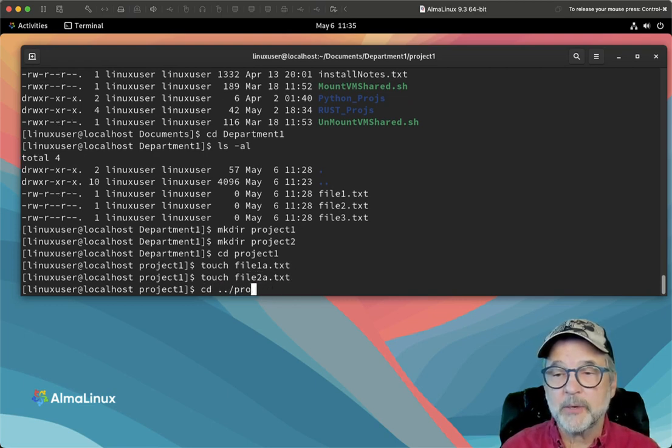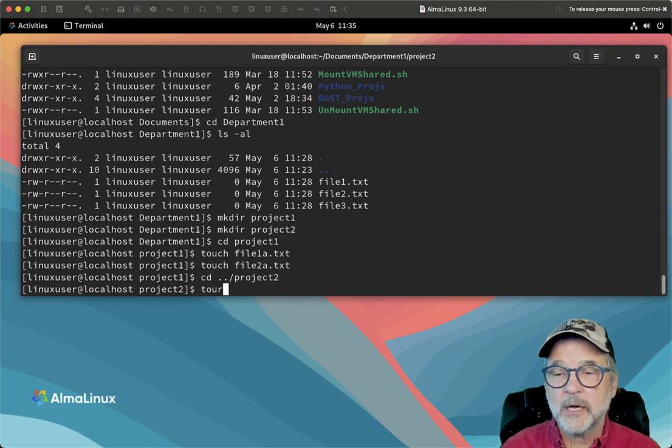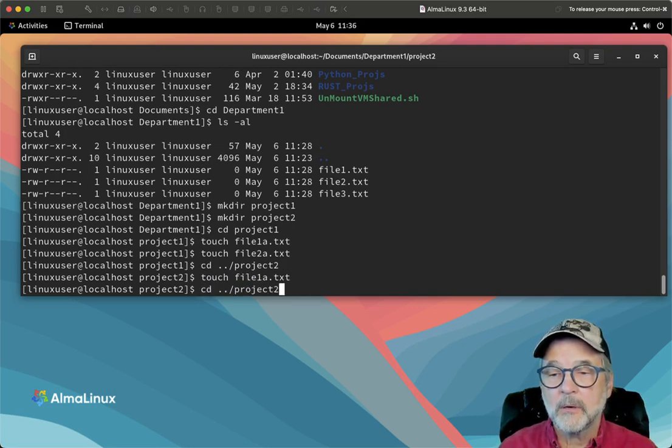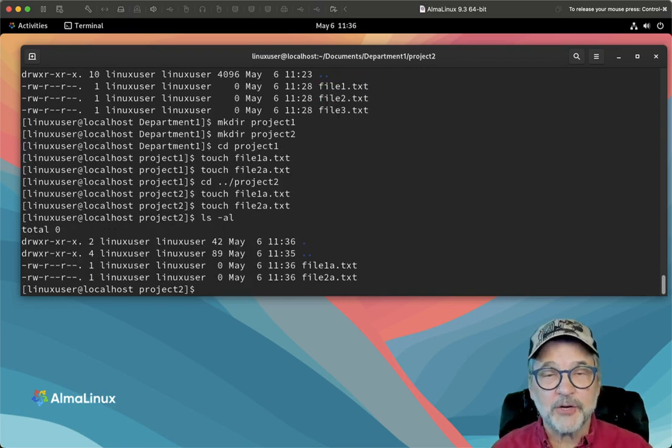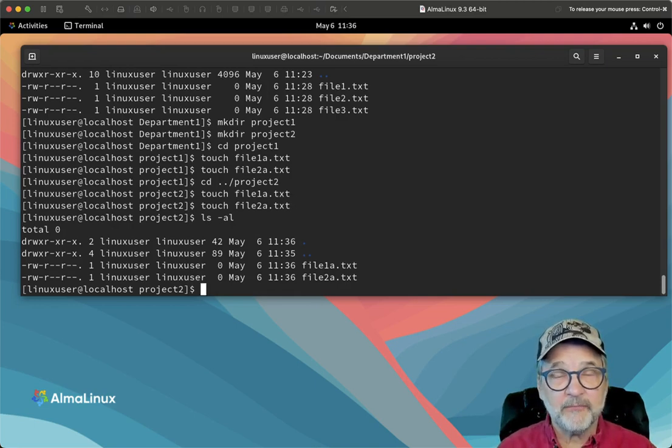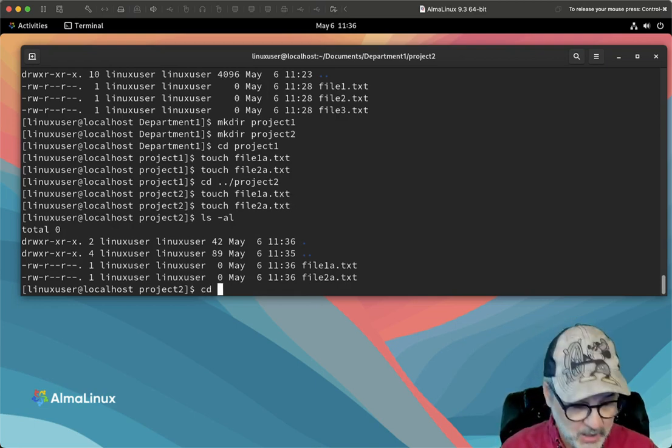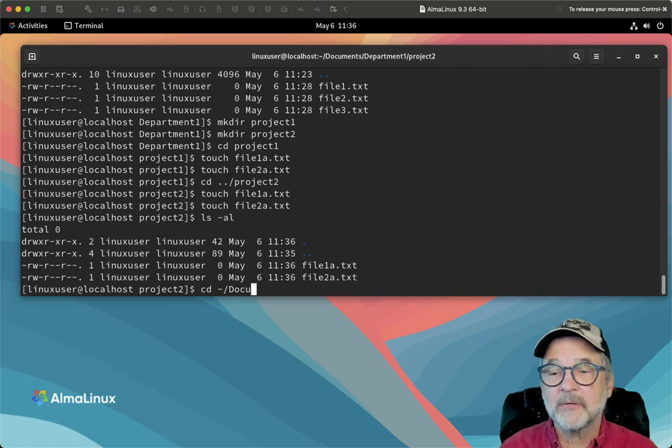I'm going to change directory to project2, touch. Okay. You can see that I've got a directory inside of a directory that has two files, file1a.txt, file2a.txt. I'm going to go back to documents,